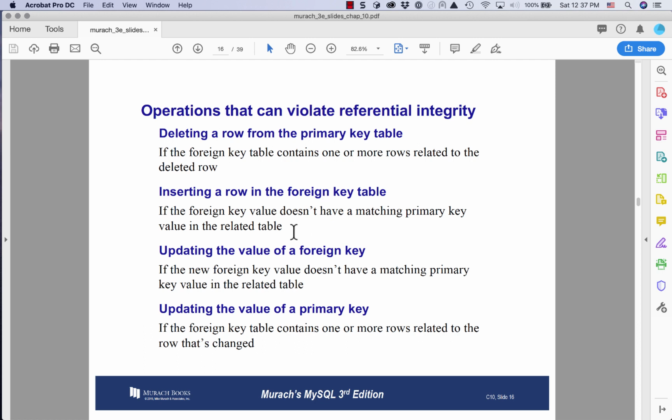Inserting a row in the foreign key table, if the foreign key value doesn't have a matching primary key value in the related table. So let's say we wanted to insert a record that says that Kevin Trainer is teaching course 123, and we go to the course table, and there is no course 123. Well, that's the kind of insert that we should reject, because it would leave the database with damaged referential